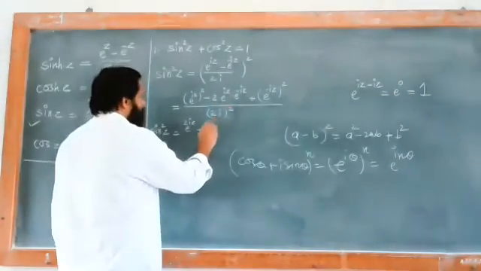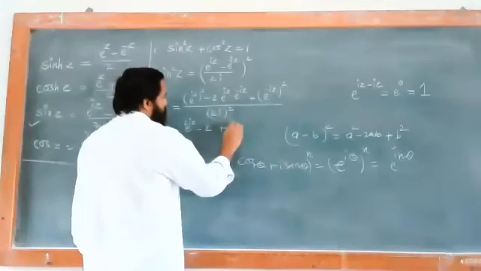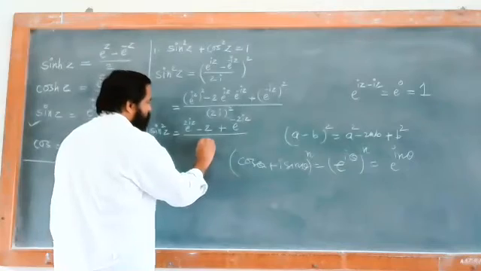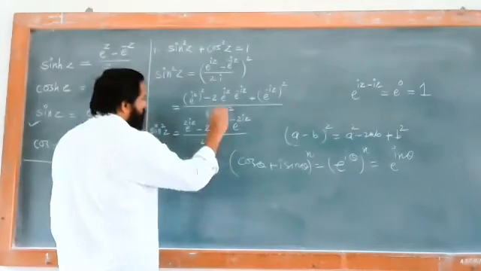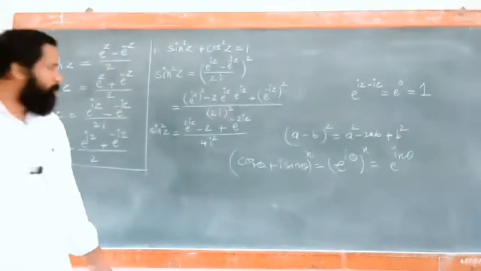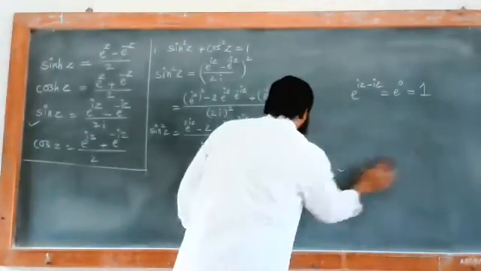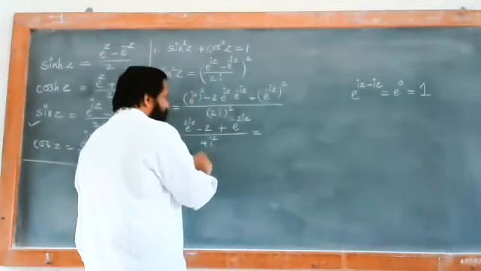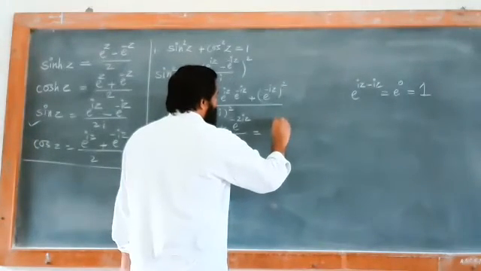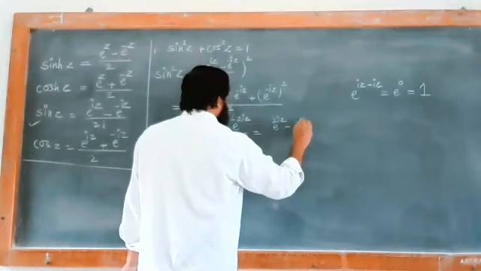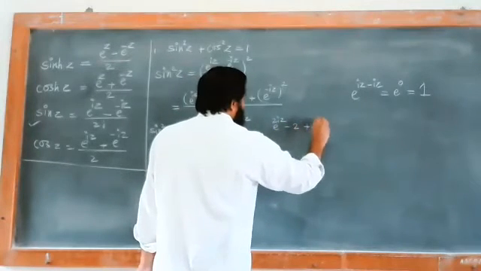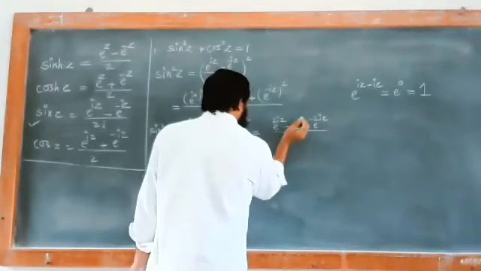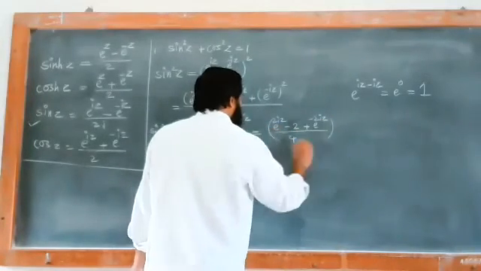So the second thing is here 2 plus e raised to minus twice iz, and it is divided by 4 into i square. So this is one thing. What we want is cos square z plus sin square z. So i square is equal to minus 1. So this is e raised to twice iz minus 2 plus e raised to minus twice iz, divided by 4 with a negative sign.